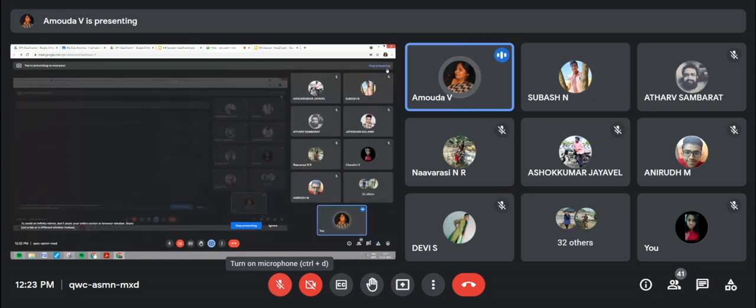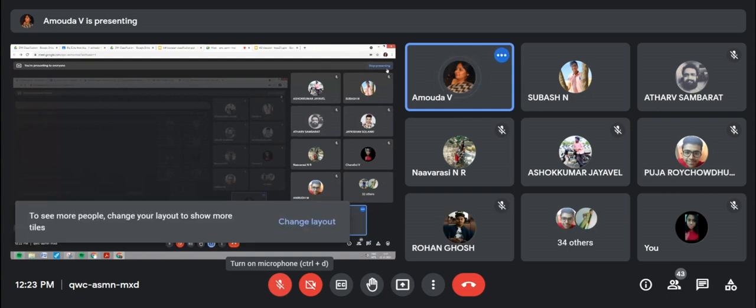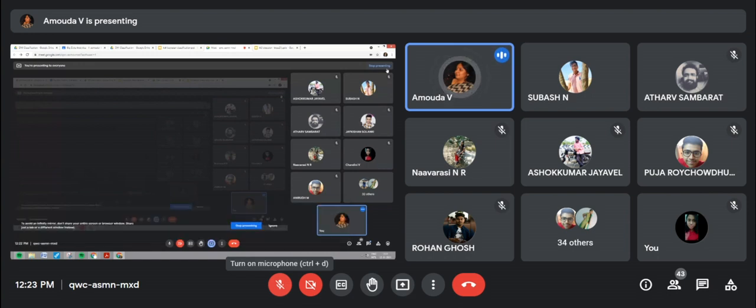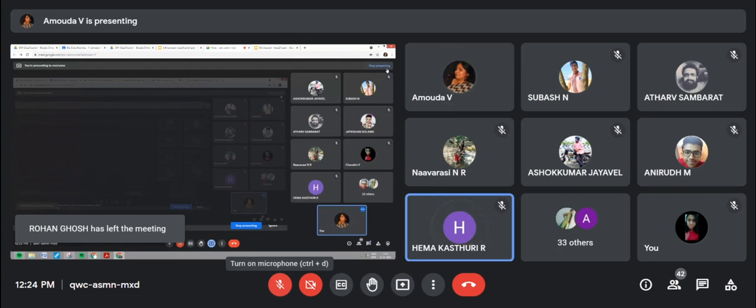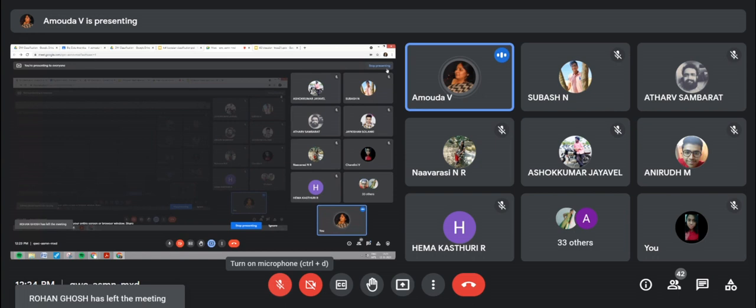So do one thing. You submit the assignment to Snega for MSc, and Hema Kasturi for MTech. Let them collect the assignments and then they will send a folder to me. Too many mails are there, and I have to download separately. Let them collect it and put it in the drive, and a link is given, and I can download it. Do you understand what I'm talking? Yes, ma'am. So on the 20th, I need it from Snega as well as Hema Kasturi. Okay?